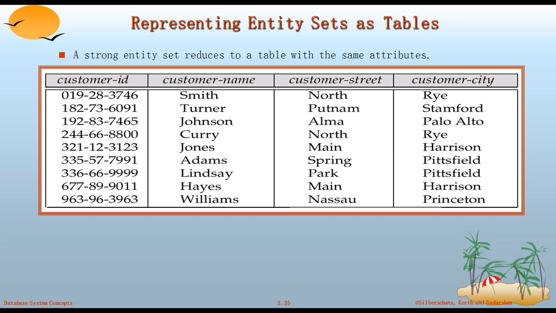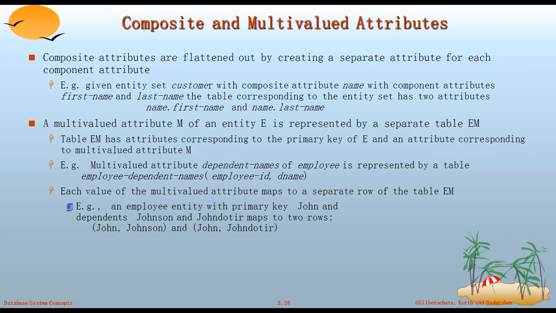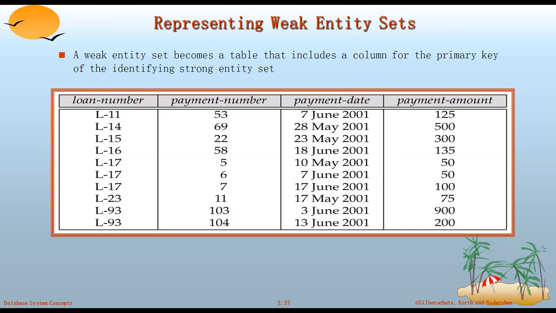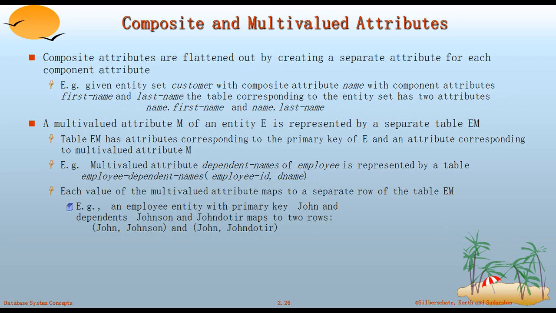So reducing the entity sets of strong entities into tables is having no problem. The same columns that we have seen in the ER diagram are converted into the table. Now we are going to see the composite and multi-valued attributes. We have already seen name as well as address as composite, and phone number as a multi-valued attribute. So we can divide these further into different attributes.